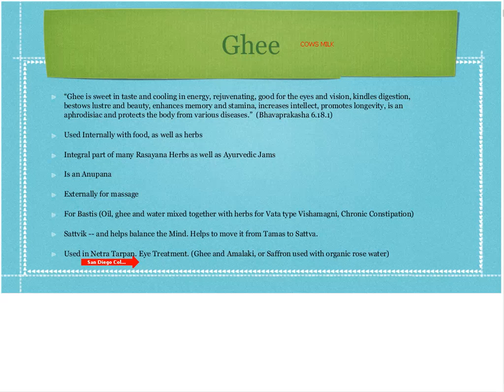because amalaki is amazing for removing pitta from the eyes. And sometimes I've used it for Atul because he's pitta and his eyes get really red. For Netra Darpan, I mix amalaki, saffron, and rose water together, make a little tea, then I mix it with ghee, and then I keep it in the fridge. And then when he gets these red eyes, he'll put it on his eyes,